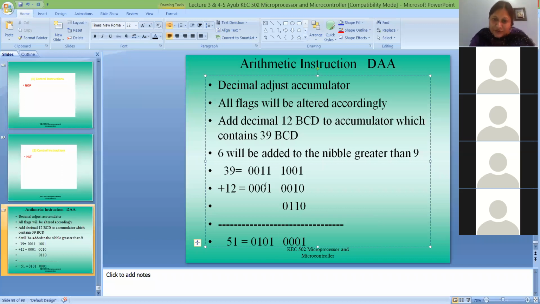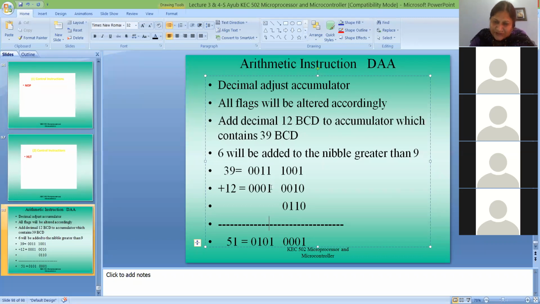Yeah. So 0 plus 1 plus 1 will be 0 and a carry will be generated. So the carry will be available over here. Now 0 plus 0 will be 0, plus 1 will be 1, plus carry 1 will be 1 plus 1, that is 0. Again a new carry will be generated over here. And so 1 plus this new carry is 0, and again the carry will be generated over here.